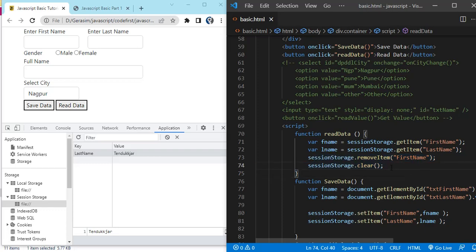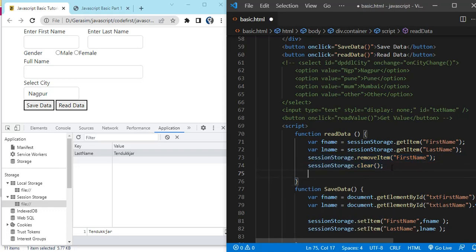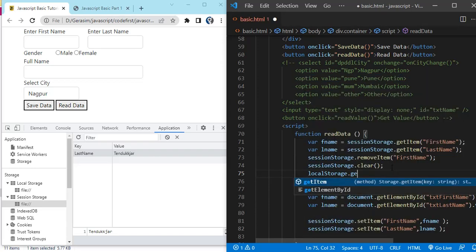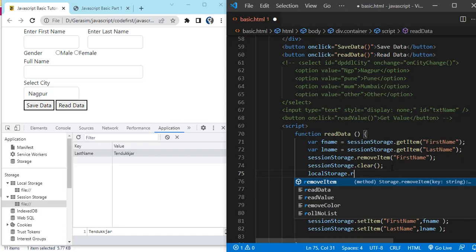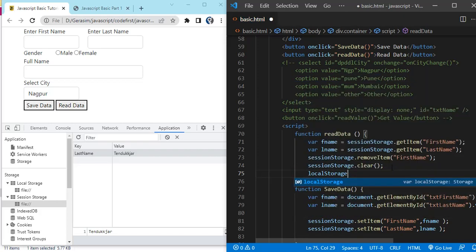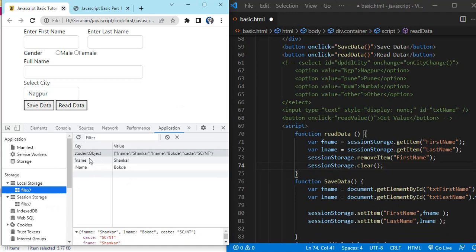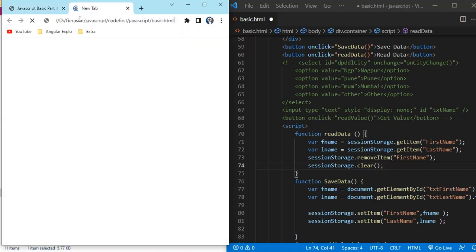Instead of session storage we can use local storage. The methods are the same: setItem, getItem, removeItem, and clear. All four methods are the same. Now what is the difference? Local storage will keep all the information. You can see in the local storage I have this data. Even if I copy the URL, close this tab and open it again,